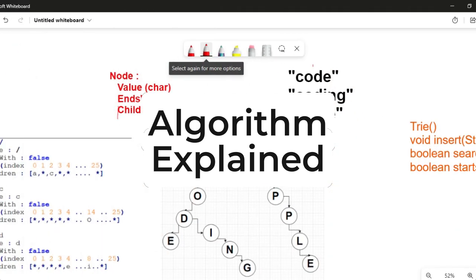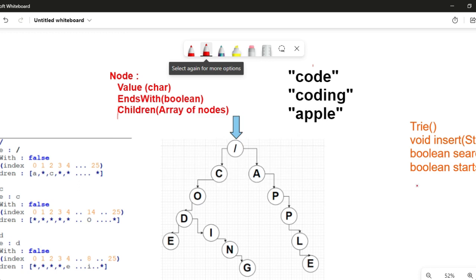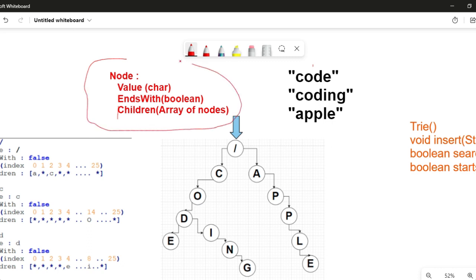So now let us quickly move to the solution and first try to understand how we will insert a value inside our trie. First of all, we need to understand what we will be inserting inside our trie. We will be inserting nodes in our trie, and each node will have three values. A value of character, basically a character which is inserted inside the trie. For example, when C is inserted in the trie, the value of it will be C. A boolean